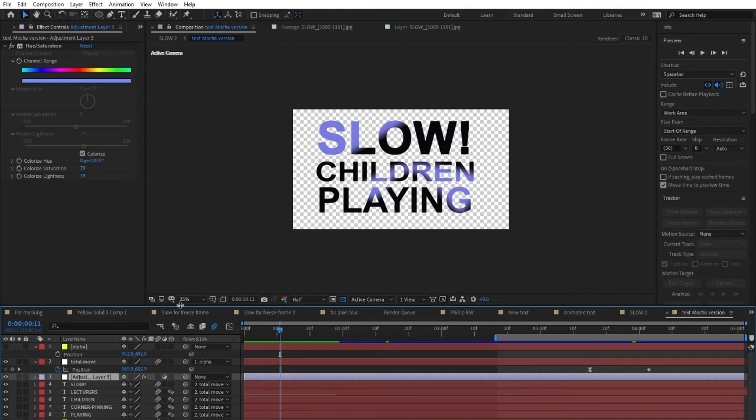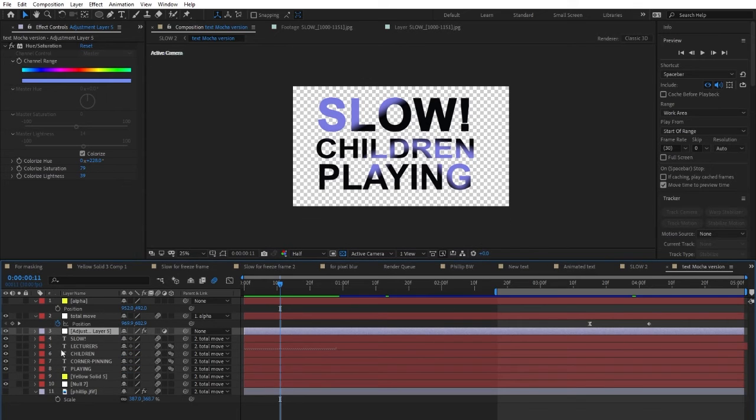Now, what I've done here is I have applied a hue and saturation adjustment to an adjustment layer, and that adjustment layer is going to send that adjustment all the way down through all of the text and whatever else happens to be in our timeline. So if I switch it off, or switch the effect off, you'll see that it's just black text. But when I switch it on, the adjustment layer,